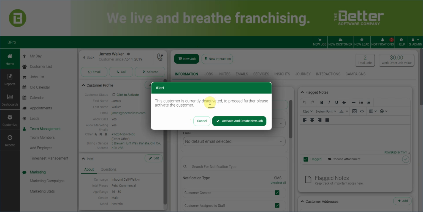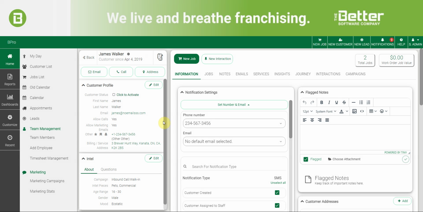So we get the little message here telling us that he's deactivated. And if we'd like to override that, we can just click Activate and Create New Job. So one click, it'll reactivate James and create an order on his behalf. Okay. We can also activate James at any time by clicking the Click to Activate option here that exists within